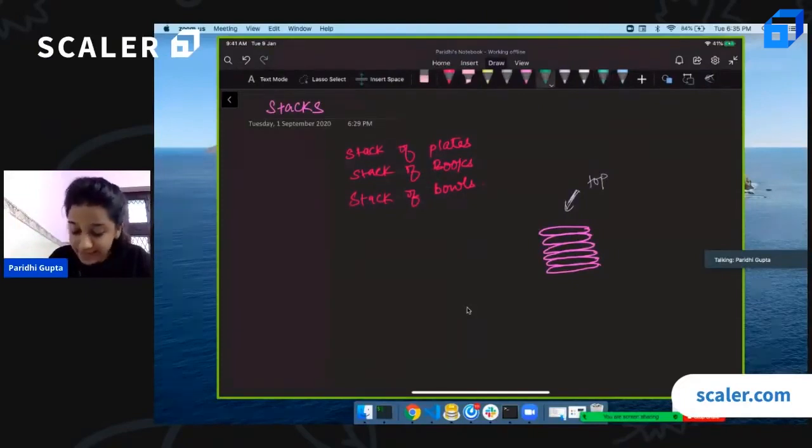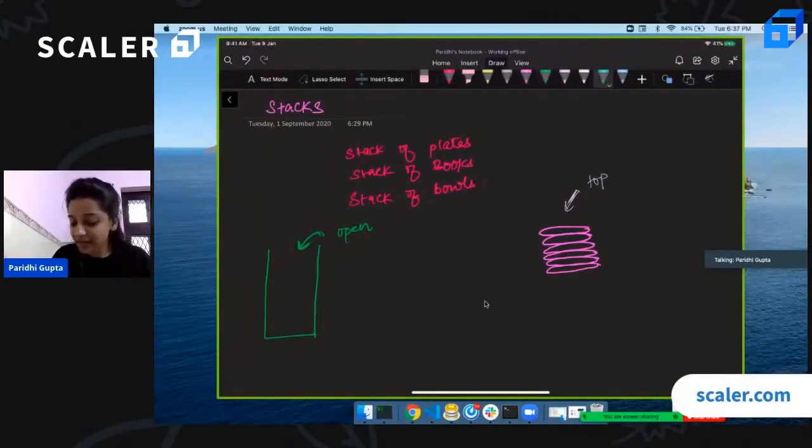Okay, so conceptually or logically, you can think of a stack like this, where one end is open and three ends are closed. So only from this end are we going to perform operations, that is to remove an item and to insert an item.